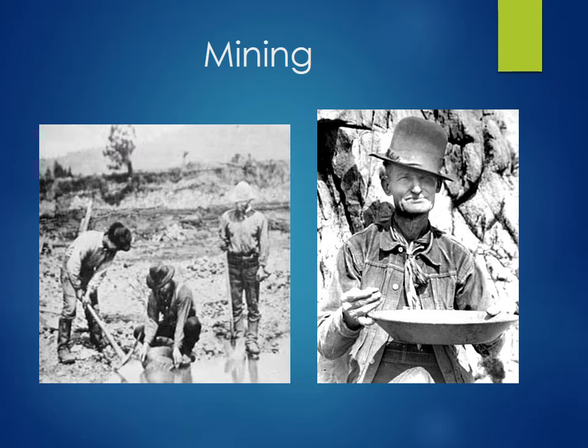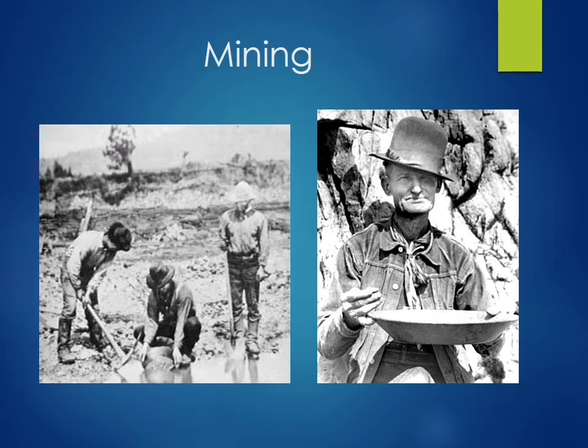Next, you had mining. Back in the 1850s, you had the gold strike in California, which brought so many people across the country to California, and that's how California became a state so quickly. But they were also starting to find gold and silver in other places in the country as well, in Colorado and Idaho, Montana, the Dakotas, both north and south. Large gold strikes were being found there. So more and more people were rushing into that area to try to strike it rich.